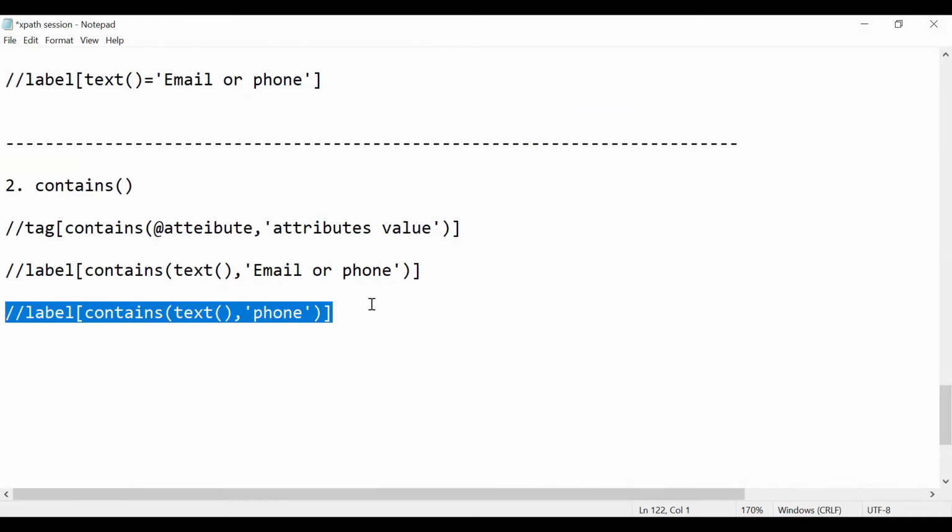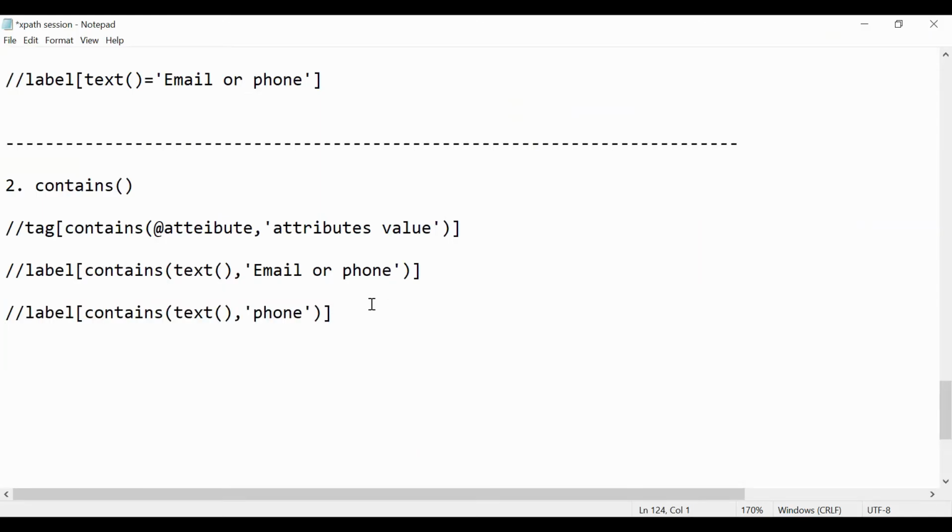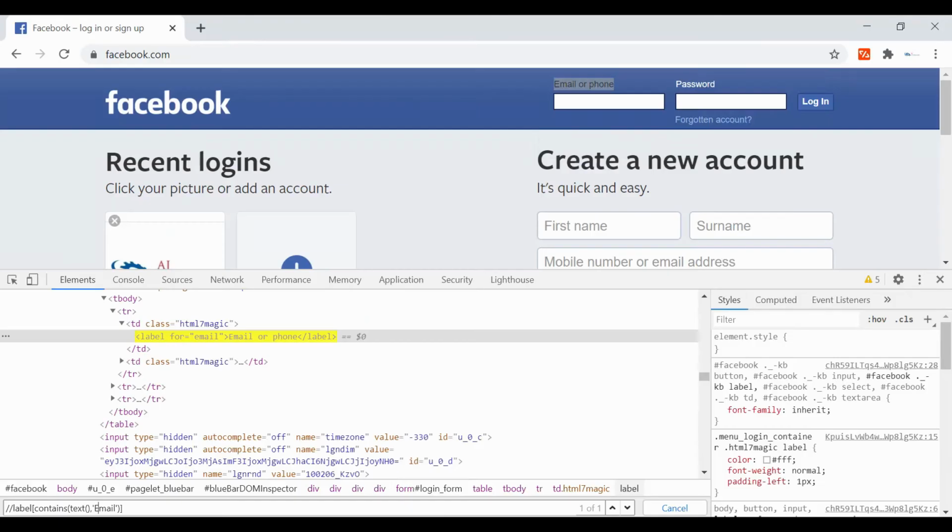So let us see some more examples. This is the partial value of an attribute, and this example is the complete value. Let us use some attribute like id, rather than text.